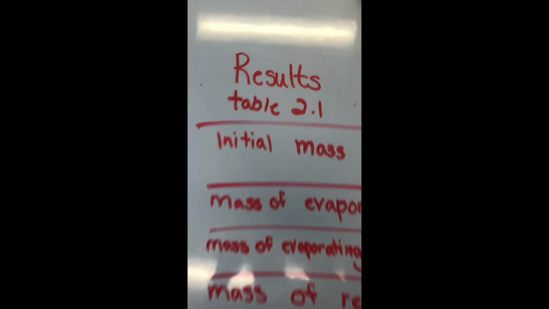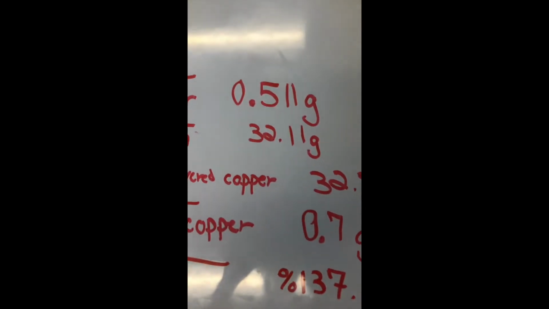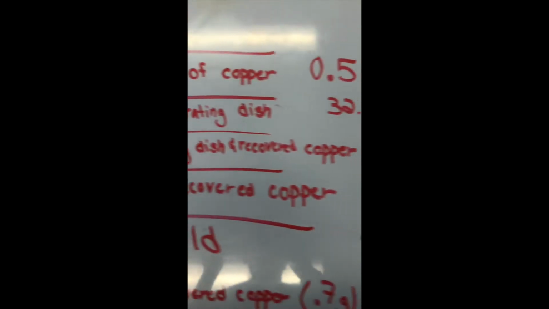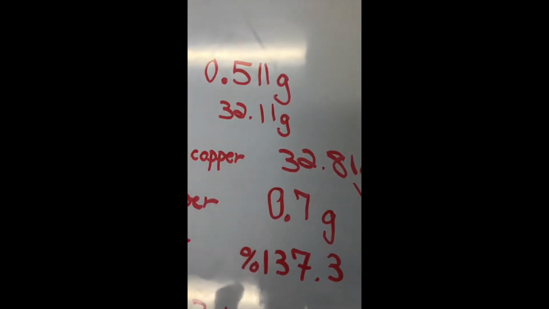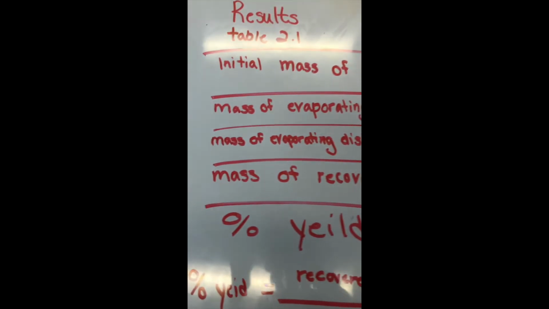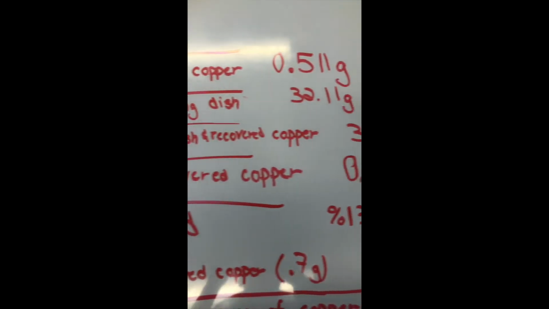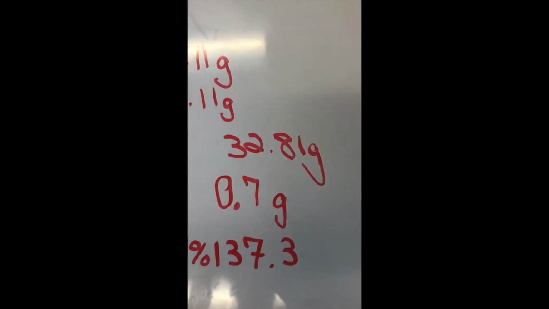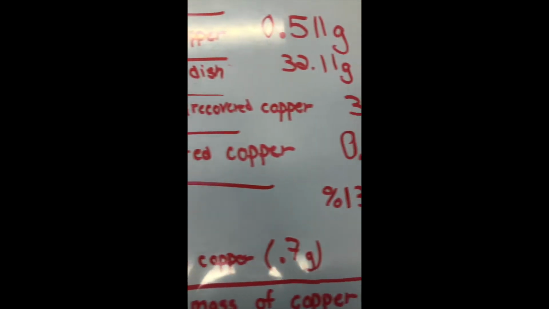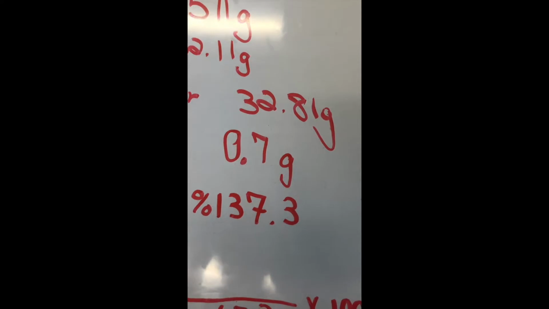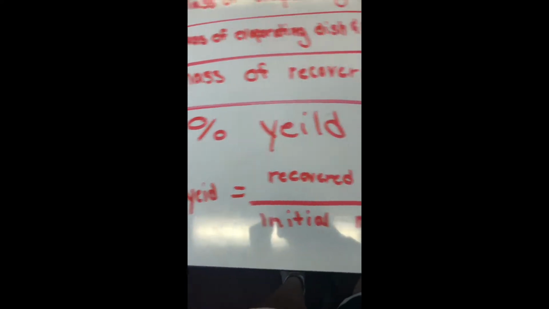For my results 1 table, my initial mass of the copper was 0.511 grams. The mass of the evaporating dish was 32.11 grams. For the mass of the evaporating dish and the recovered copper, I got 32.81 grams, and the mass of the recovered copper would be 0.7 grams. My percent yield was